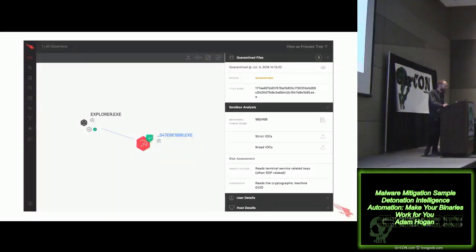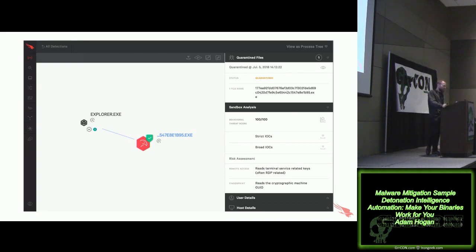And once again, if I look at that in the endpoint console, I don't learn a whole lot. Yeah, I saw Explorer launch this file. It was blocked and in quarantine. I haven't learned much about it. Machine learning says it's bad. I know it's been stopped, and that's good, but how much do I worry about it? And how do you distinguish this from something far less interesting?